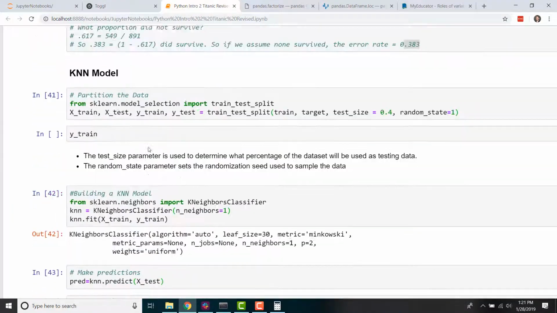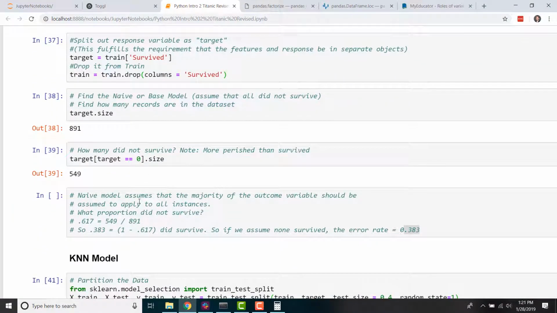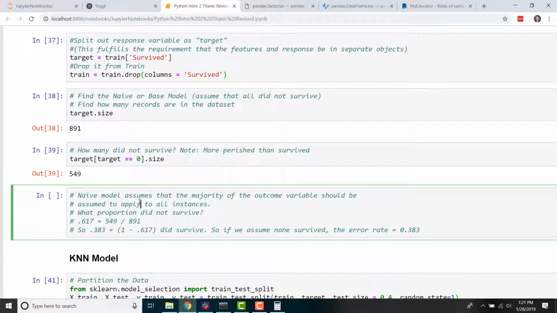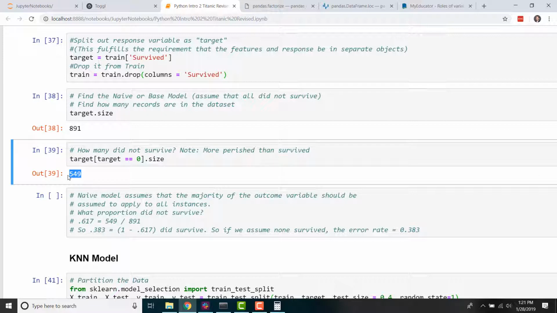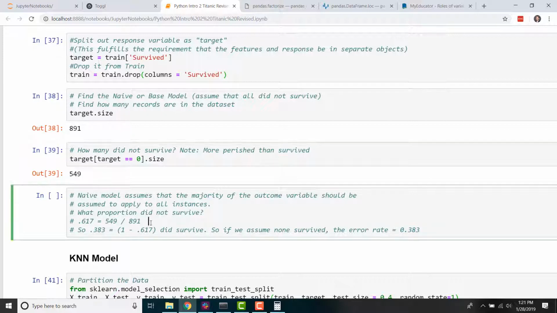Basically, you assume that whatever the majority status is, like more people didn't survive than survived, you assume that everybody didn't survive. We've got 891 total records, and 549 didn't survive. So if we assumed that everybody didn't survive, we'd be correct 62% of the time, and that's our base model. We hope that the new models we build will be better than 62% correct, if that makes sense. The reason they call that the naive model